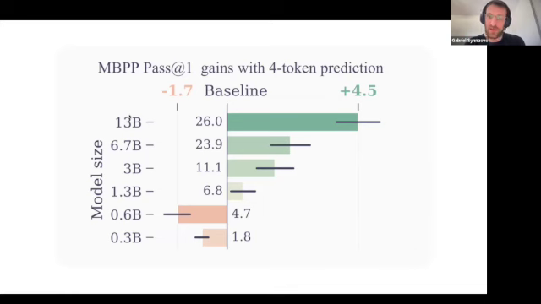And so yes, that was the key finding. Our hunch was to say maybe the task is so much harder that the model needs sufficient capacity to be able to take advantage of predicting, for instance, the n+3 or n+4 token. Because otherwise, the model maybe doesn't have enough capacity to predict so far in the future. So that was one of the hunches that led us to do this scaling law.